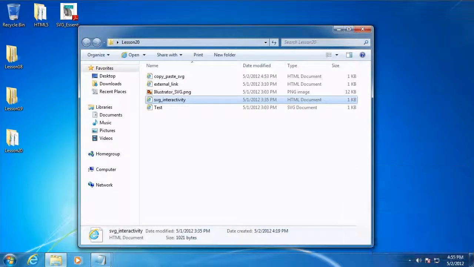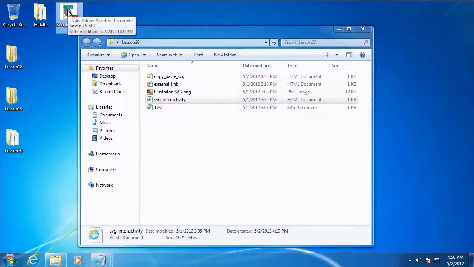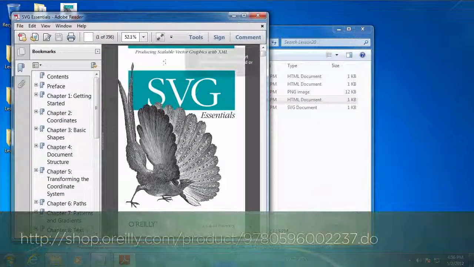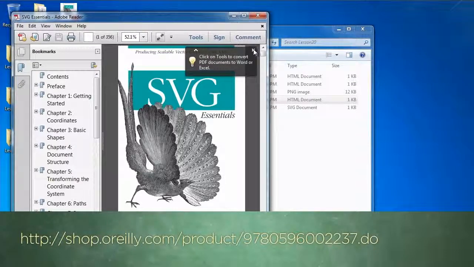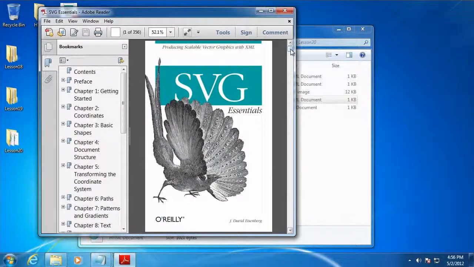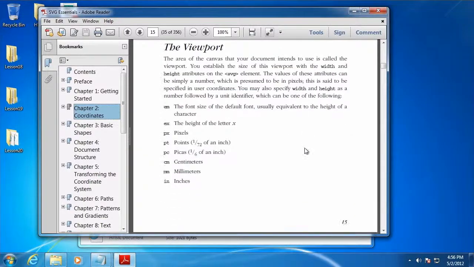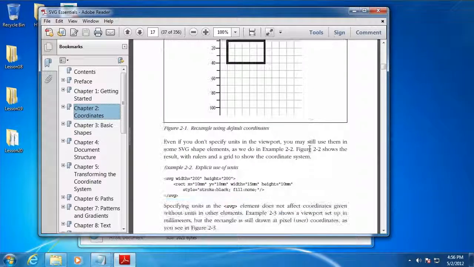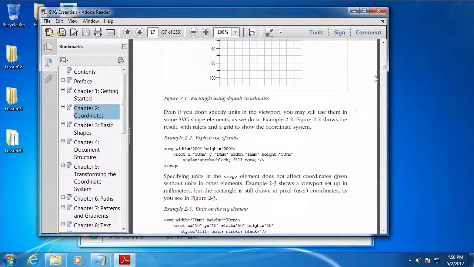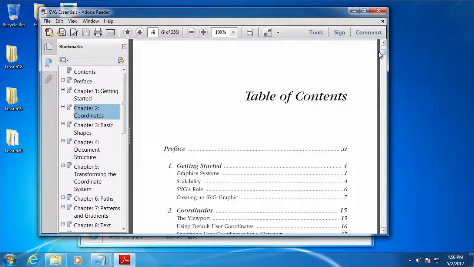And to that end, what I found that was the most helpful was the small book by O'Reilly. And I don't know the author. I just bought this ebook online through their website, and it does a particularly nice job of explaining how to work with the coordinate system inside of SVG, and through that I was able to run through and get a nice example working, and I certainly have a lot more to learn in this regard, but it's a very interesting read, very well done. Let me show you what I promised early in this